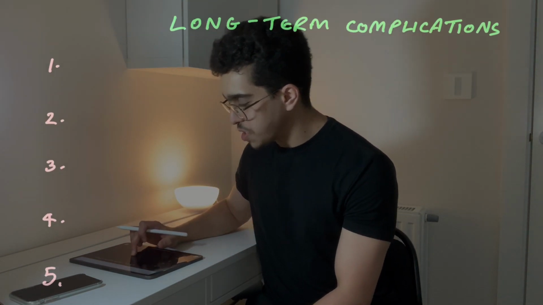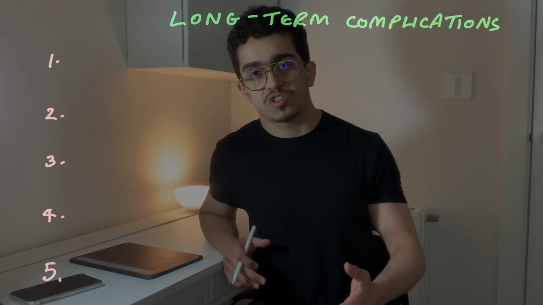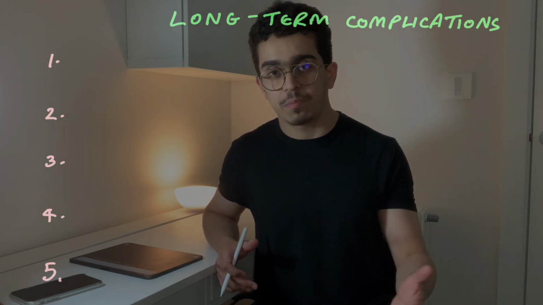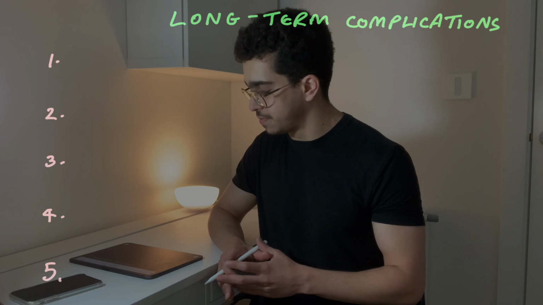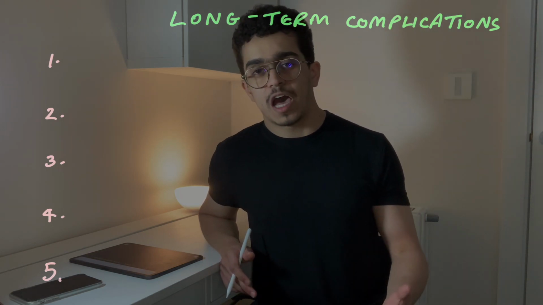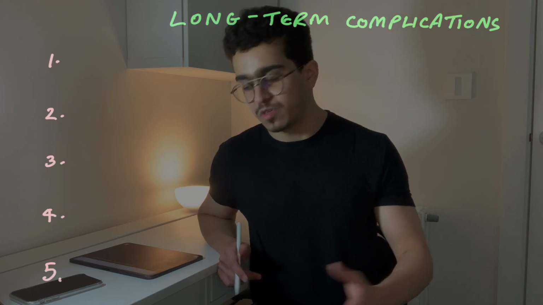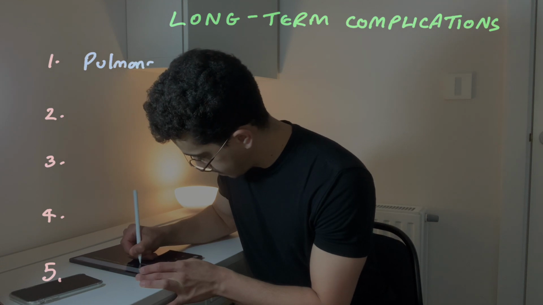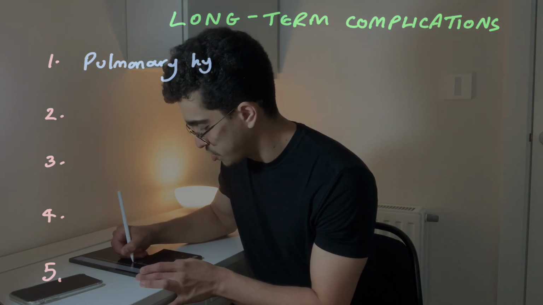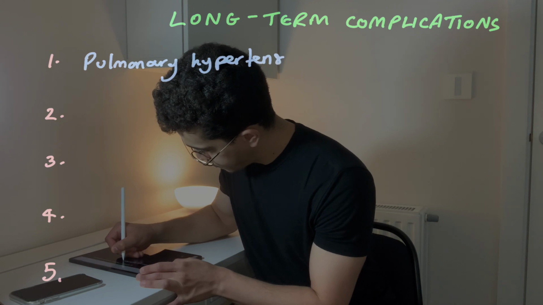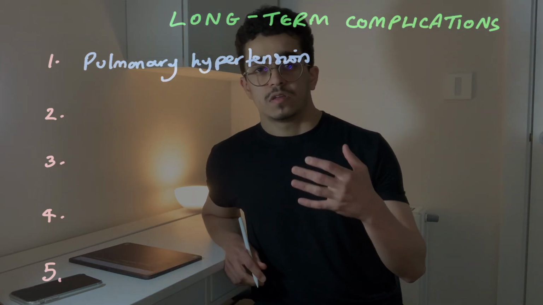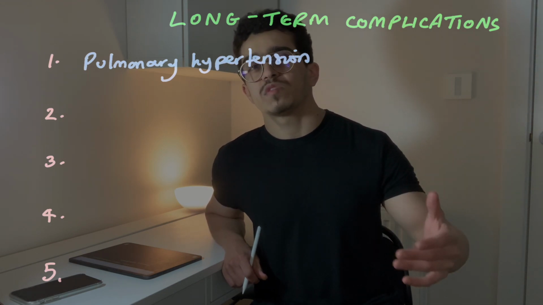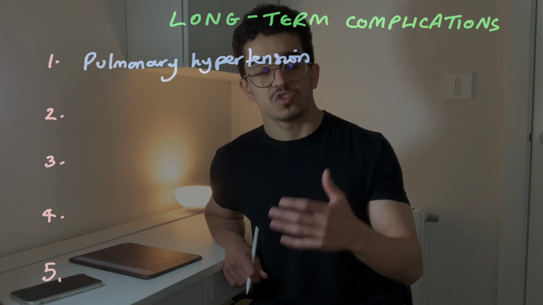So finally, because there's hypoxia in the body, what are the long-term complications that can happen as a result of hypoxia? So the first thing that can happen is pulmonary hypertension. Okay, and I'll explain why. Pulmonary hypertension. So what happens? So when oxygen is going to pass from the alveoli to the pulmonary circulation, what's going to happen